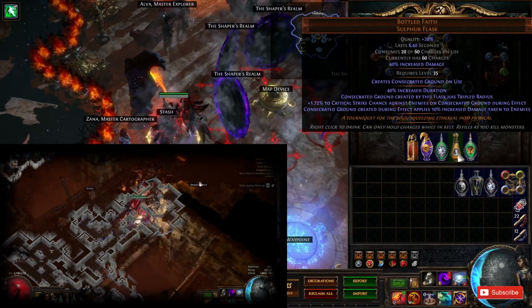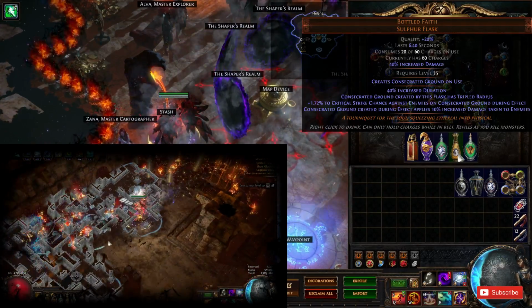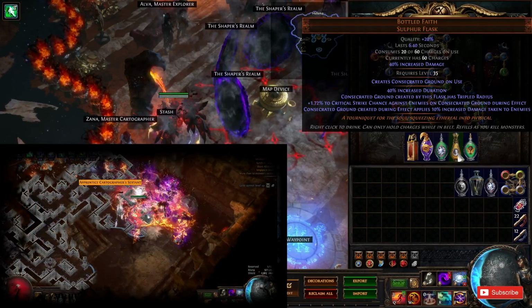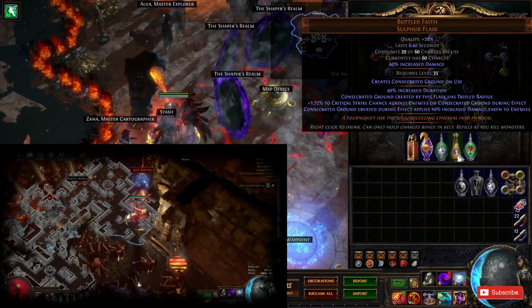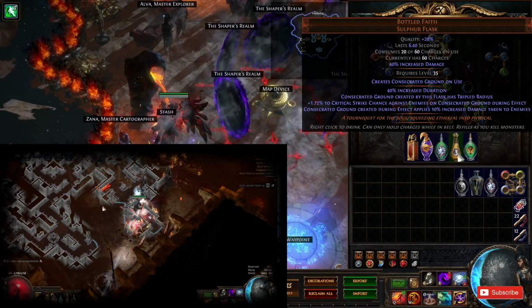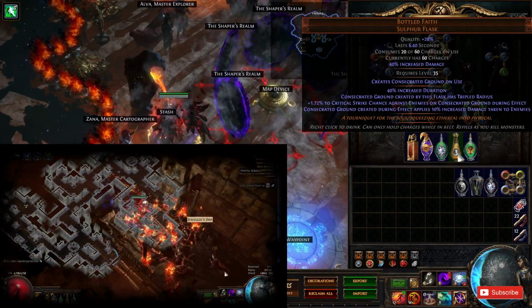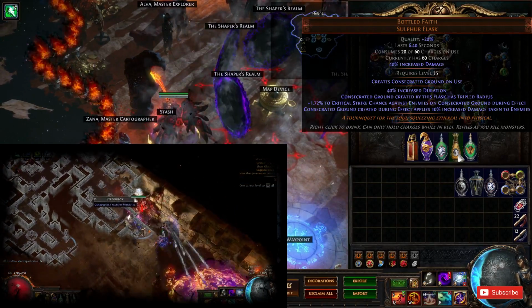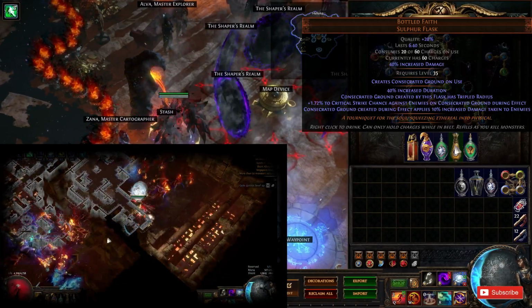And also critical chance against enemies on consecrated effect, like I said, 1.72, it goes all the way up to 2. And consecrated ground created during effect applies 10% increased damage taken. And I also have the jewel for this, which is my Salutary, I believe, jewel, and I have it on my build. You can check it on my jewel section, but it's also synergized very well with this